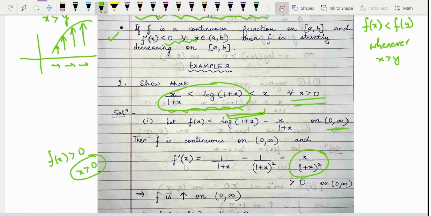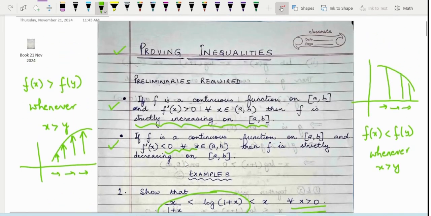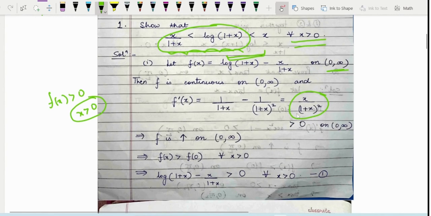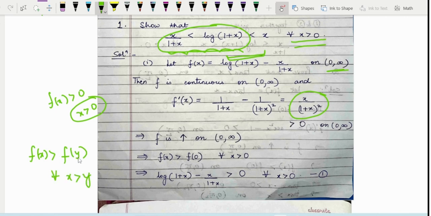Now if derivative is positive, we saw in the preliminaries that I've mentioned in the beginning of this page, that if the derivative is positive, then the function is increasing on the domain which is under discussion. So the domain is (0, infinity), so f is increasing on (0, infinity). Now what does increasing mean? Increasing means that f(x) is more than f(y) for every x more than y. In particular, if you take y to be 0, you have f(x) more than f(0) whenever x is more than 0. In all such questions, the designing of the question will be done in such a manner that f(0) is generally going to be turning out to be 0.